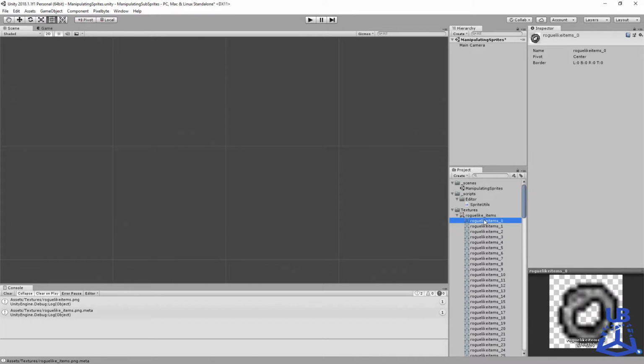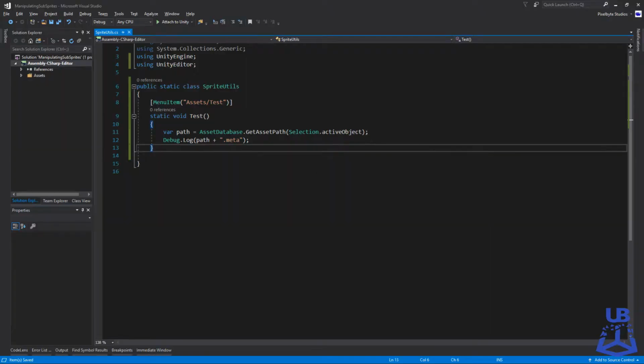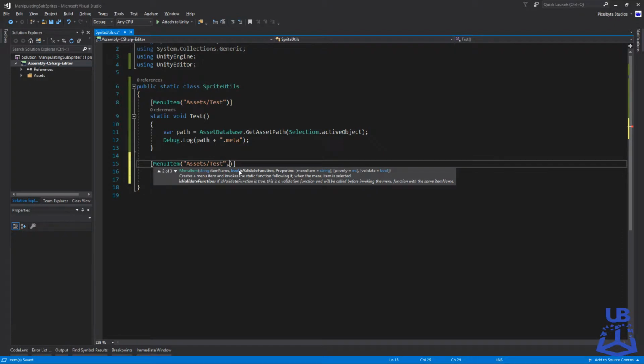And by the way, these are considered to actually be sprites. And this is a texture, Texture2D. So there is another interesting override to the MenuItem attribute, and I'll show you what that is. And that is, we can make a validation function for this menu call. If you look, there's a bool here, isValidateFunction. And if we put true in here,